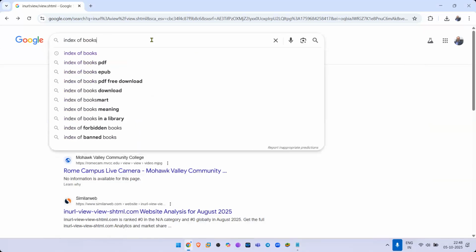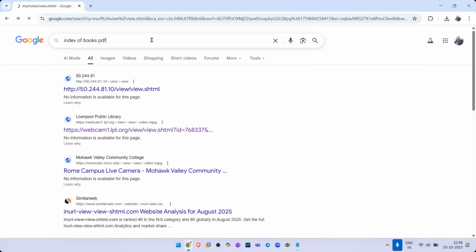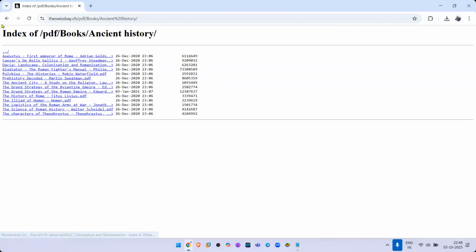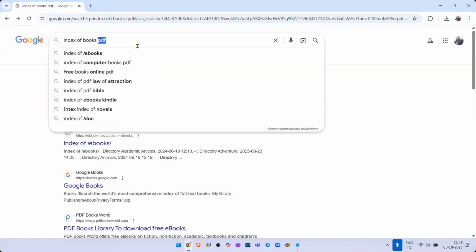We spend a lot of money in buying books. If you knew Google, you would not need to pay to download a book. Just go to index of books and you can choose, you want ancient history, you can select that, collections, computer science, whatever.